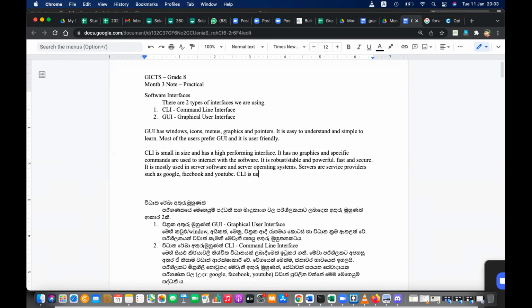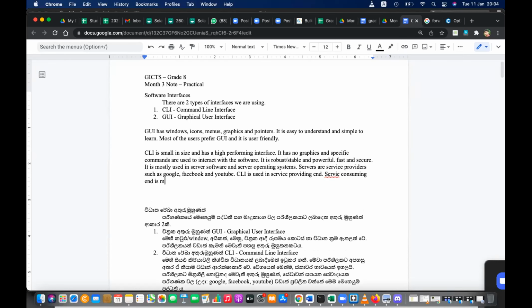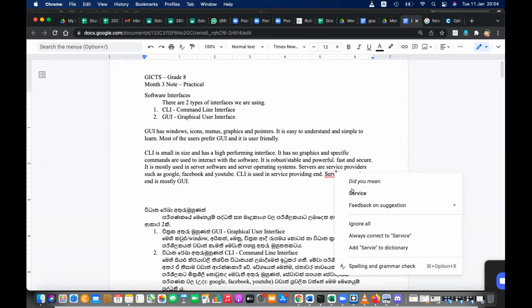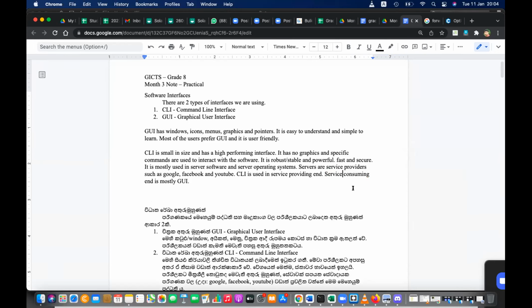CLI is used in the service providing end. The service consuming end is mostly GUI. We use GUI, right? We access using GUI, but they provide using CLI.